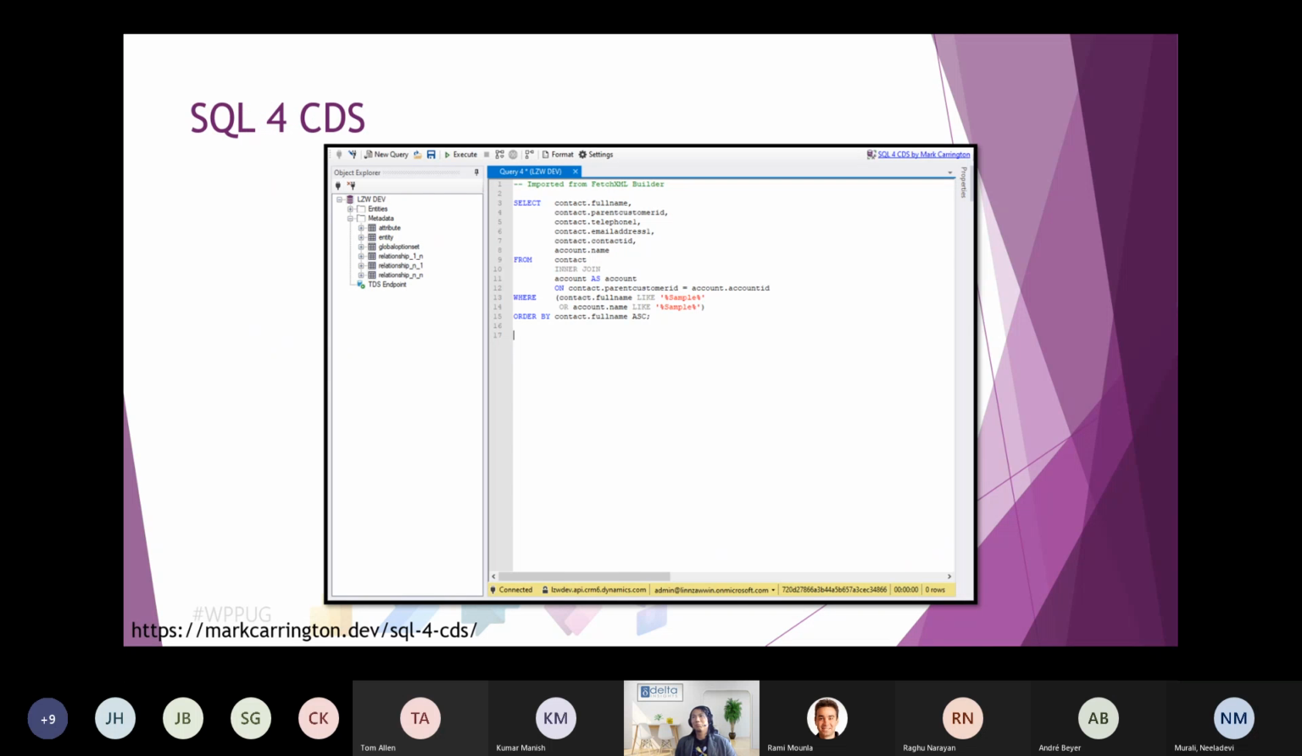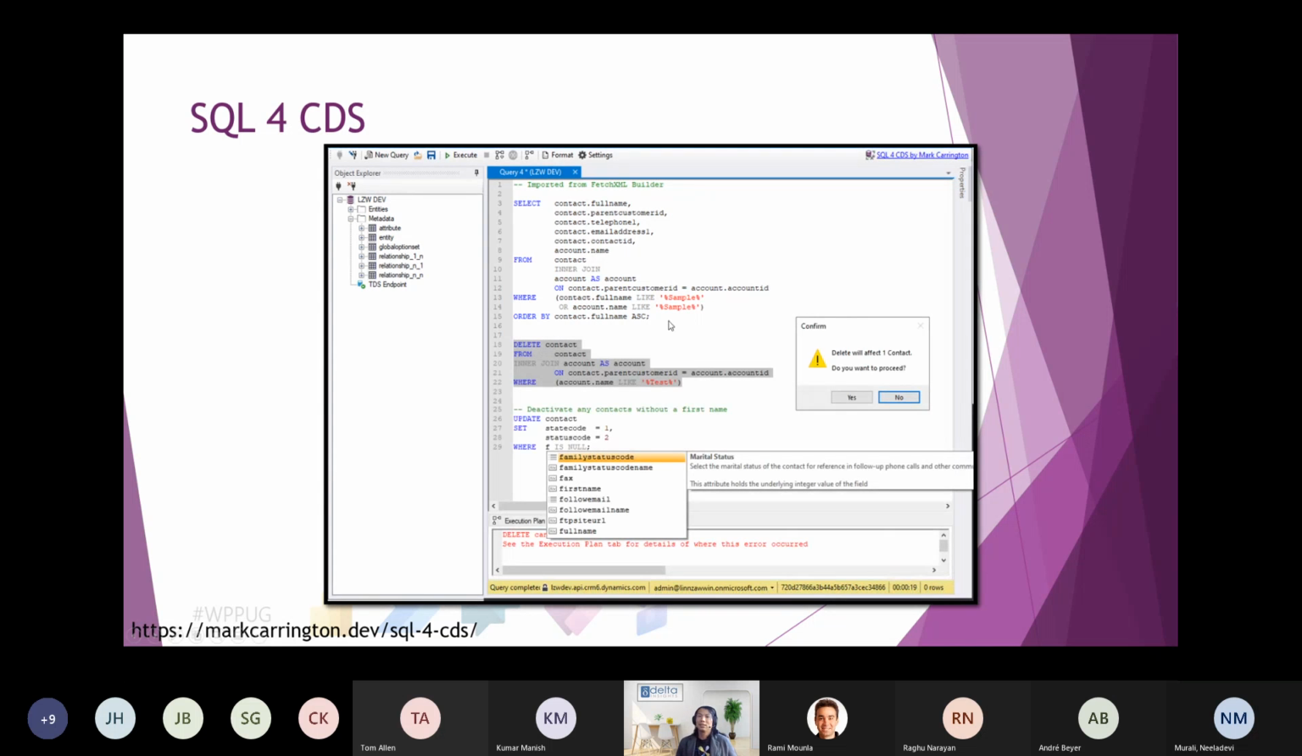If you open this tool, it will look something like this. This is pretty much similar to a mini version of SQL Studio, where you can see the Object Explorer, the environment that you're connected to, and all these tables, and you can write these queries. It supports not only the select query, it also supports insert, update, delete, but it doesn't do direct SQL insert, update, delete to the